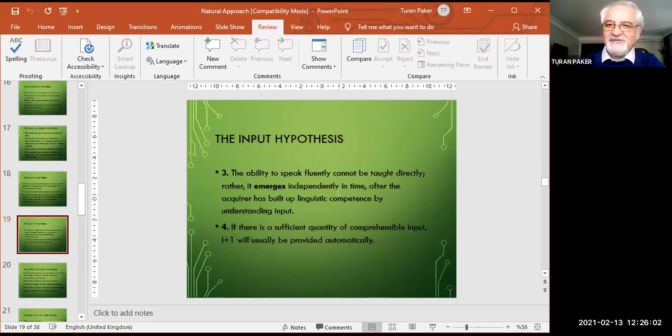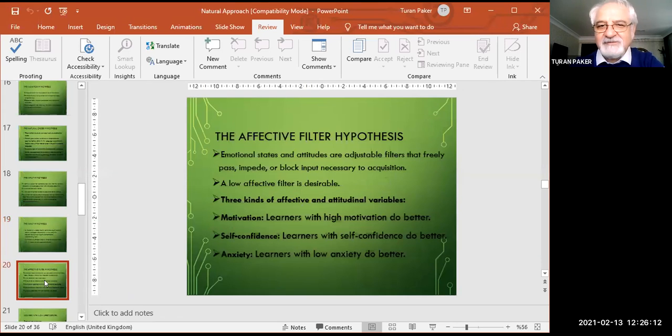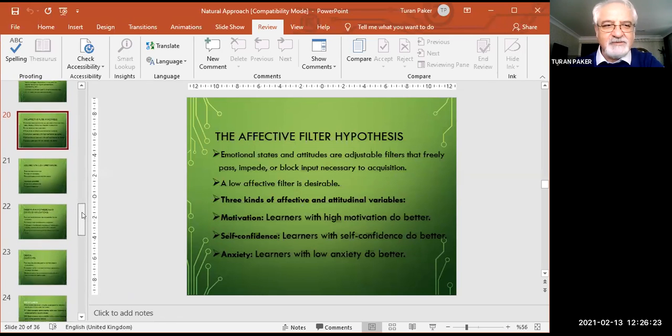So we should even encourage our students to utter in the target language with one word, with one chunk, with one phrase, whatever they can. So this encouragement is very important in the provision of a low affective filter and in the provision of self-confidence. Because if your students do not have self-confidence, they won't produce in the target language.